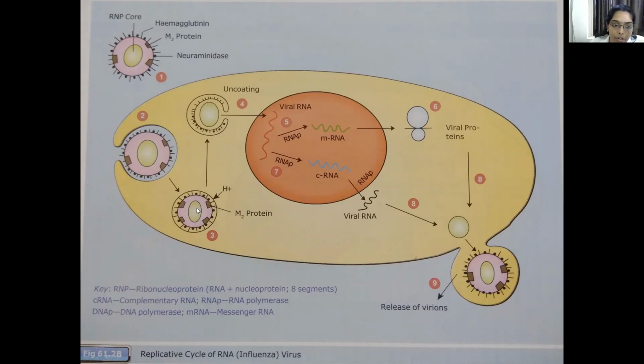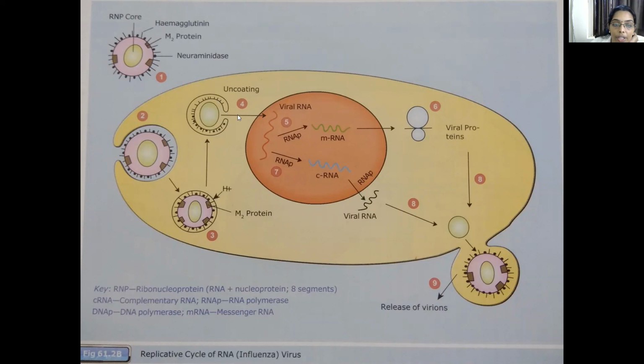They cause segmentation of the protein structure. So now what happens then? Uncoating happens and then the ribonucleoprotein segments are released into the cytoplasm in some viruses. But in influenza virus, the genome of the virus enters into the nucleus of the host cell. So now in this example, we are taking into consideration the influenza virus.